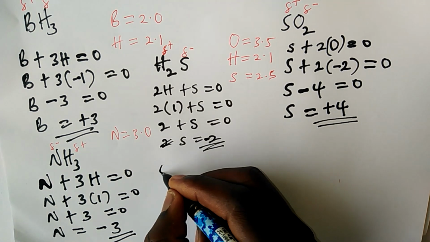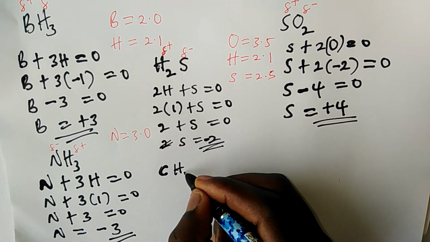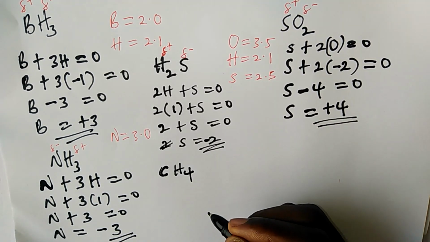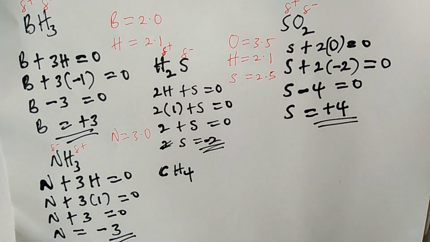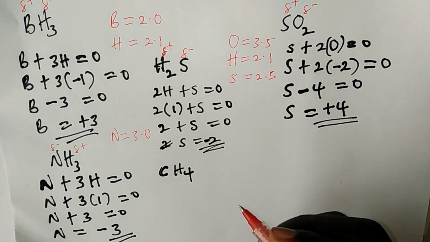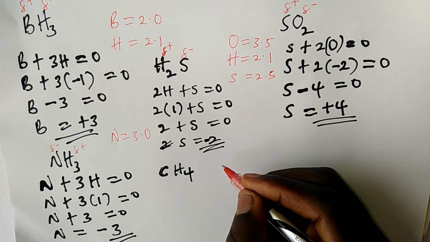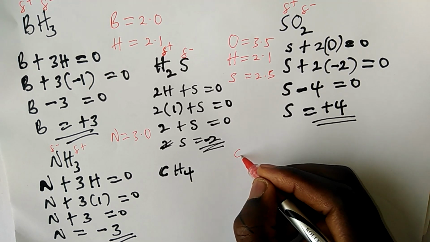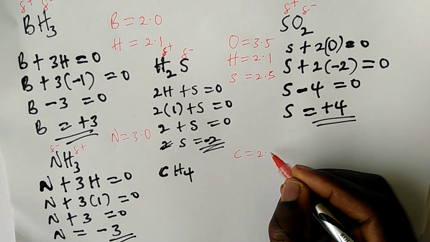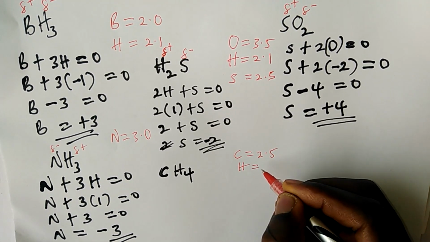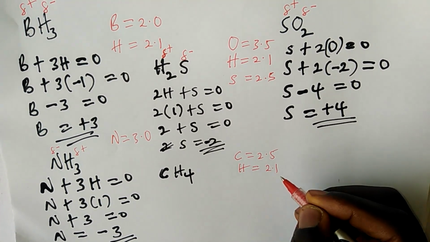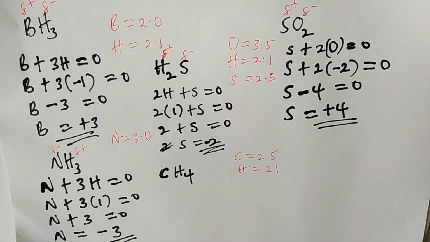Let's say we have methane, right? How do we find the oxidation number of carbon in methane? Now we know that carbon has an electronegativity value of 2.5. Hydrogen has an electronegativity value of 2.1. Now, to solve for the oxidation number of carbon,